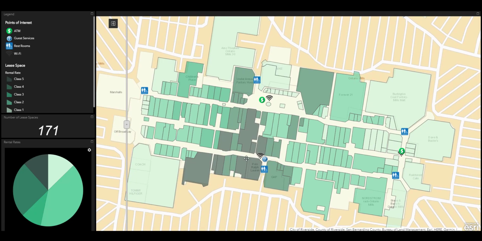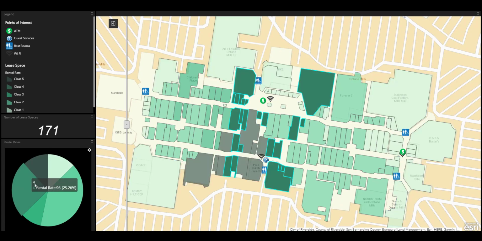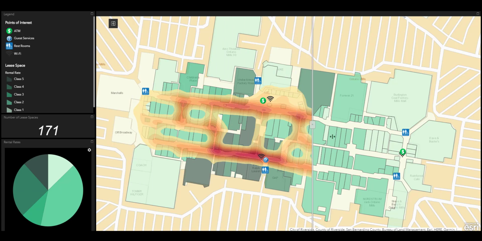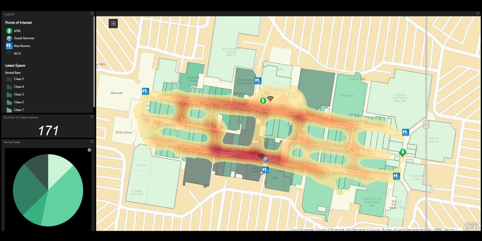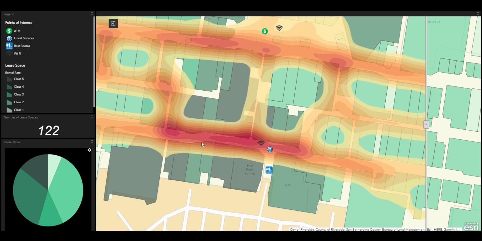For lease management, that becomes important because across the airport, certain lease space demands higher rent than others. So using this dashboard, I could locate those individual lease spaces that demand higher rent, and then overlaying the density of passengers who travel through that terminal, it's very easy for me to justify the fact that certain lease space has greater density of people, therefore it demands